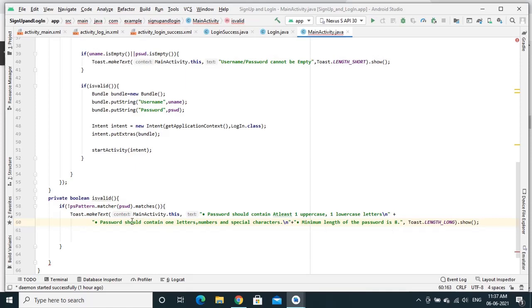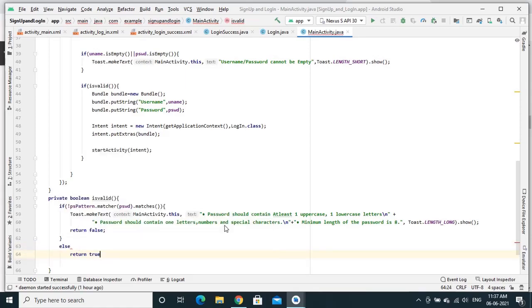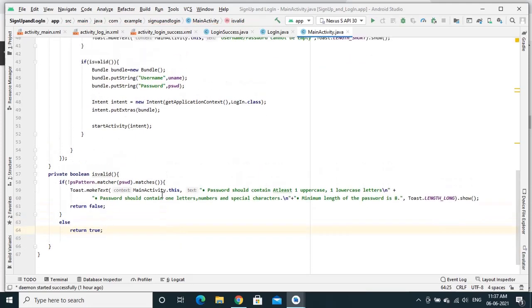I will display this message in a toast and I need to return false. Else, I need to return true. So this is the implementation or definition for this isValid function.